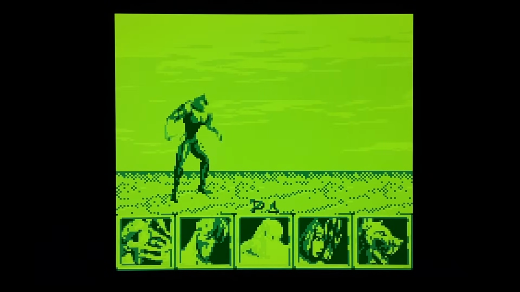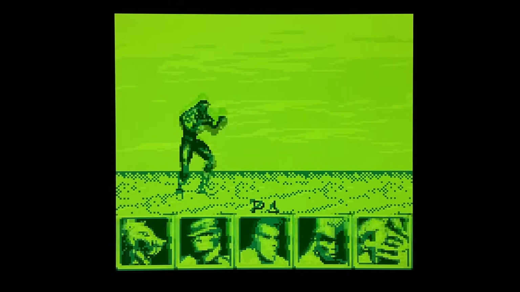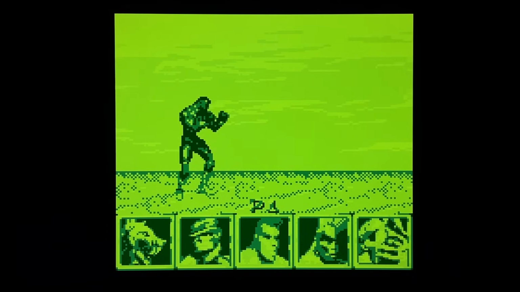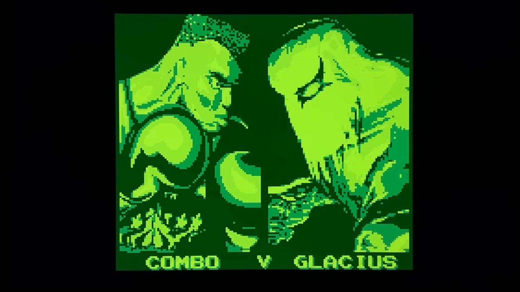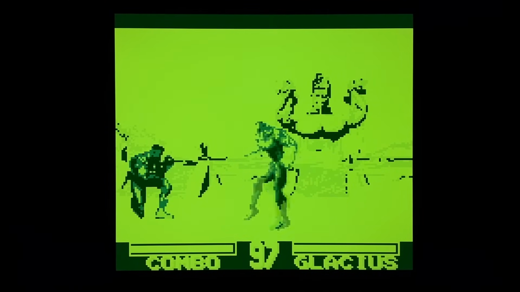You got Jago, Glacius, Orchid, Saberwolf, Spinal, TJ Combo, Chief Thunder, Fulgore. My favorite, of course, Combo. Ooh, and you got the dreaded Eyedol. Turn that up a notch. And here we go. Now you can see the backgrounds